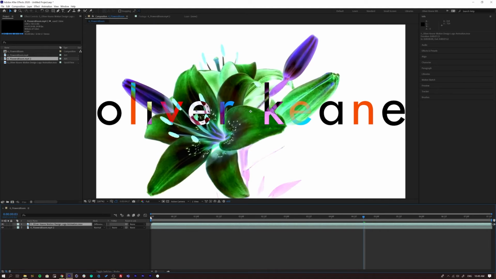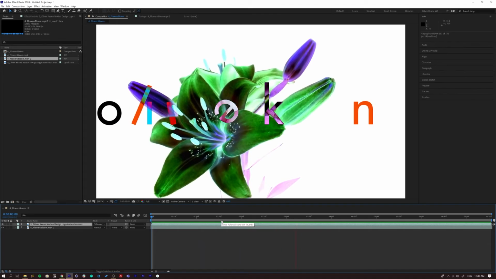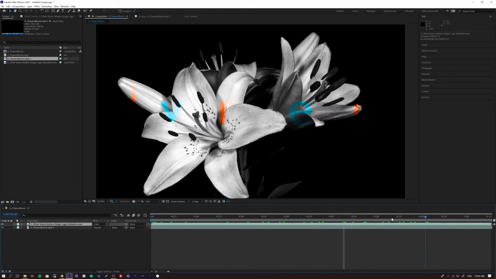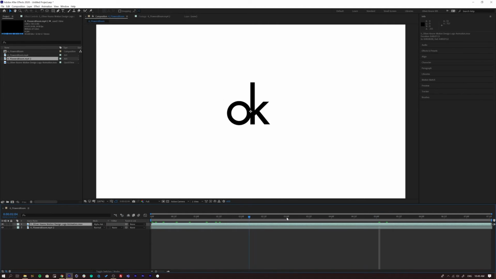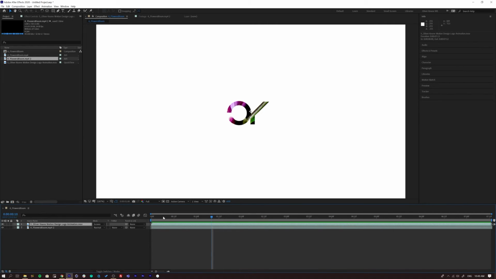You can do difference as well. This makes funky stuff, if you want to do some funky animation and stuff, you can really play around with the blending modes and see what you can do with it. But this is just showing you blending modes really quickly. It's not really anything crazy, but screen is a good one. What I'm going to do right now is just put this to normal, okay,